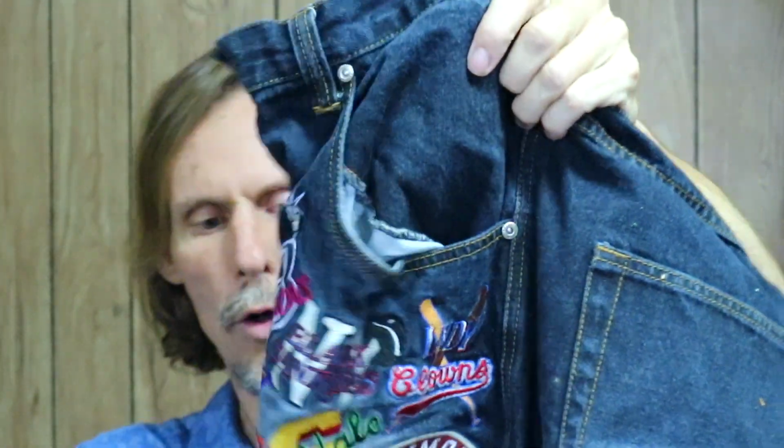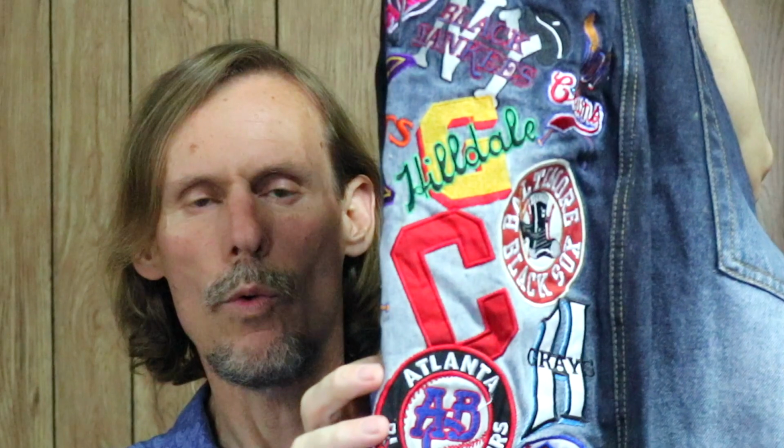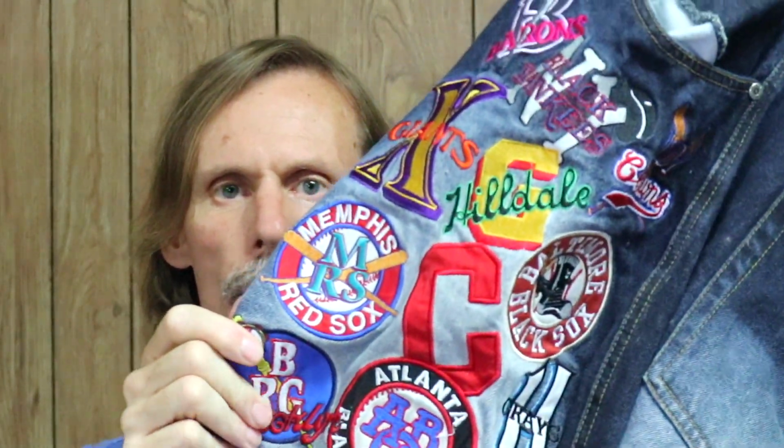And what it has sewn into it, which I think is really cool, is a whole bunch of the logos from the old Negro League baseball teams, particularly the teams that played between the 1920s and the 1940s, and there's some pretty significant ones on here. The league did very well in the middle of the 20th century, so much so that when integration came to baseball in 1947, a lot of the best went to the major leagues, including the first, who was